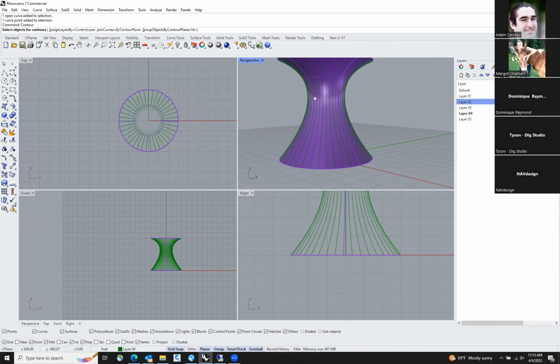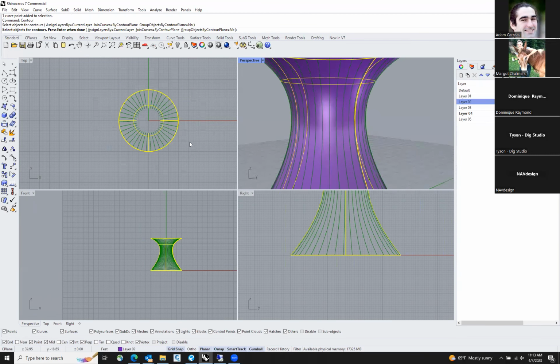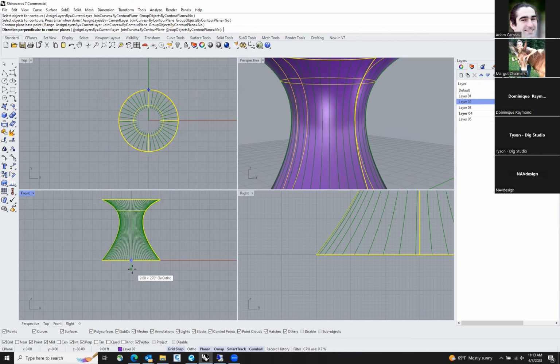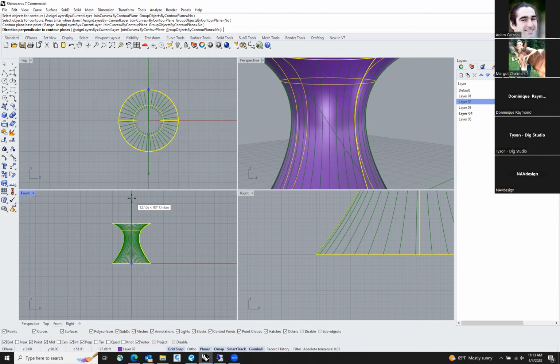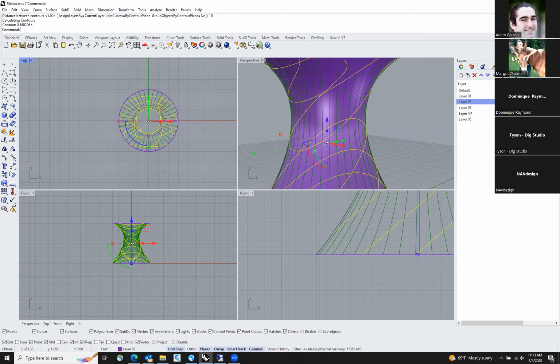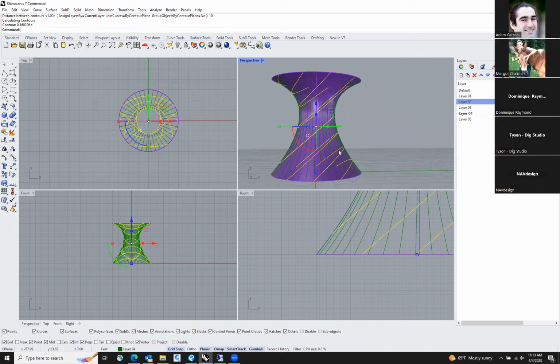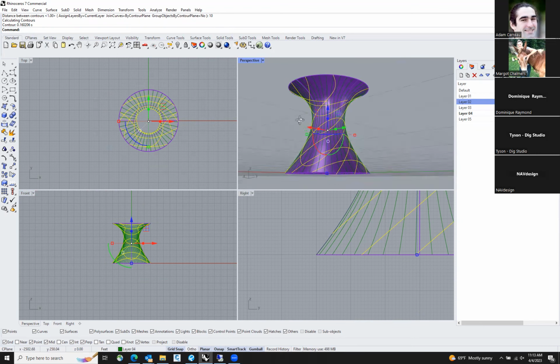So I'm going to select this object to contour. I'm going to select this point, and then I'm going to select a perpendicular point, and I am going to make this distance between contours 10. Whoa. And as you can see, that axis was not directly in the Z direction, so it took it and did it sideways,